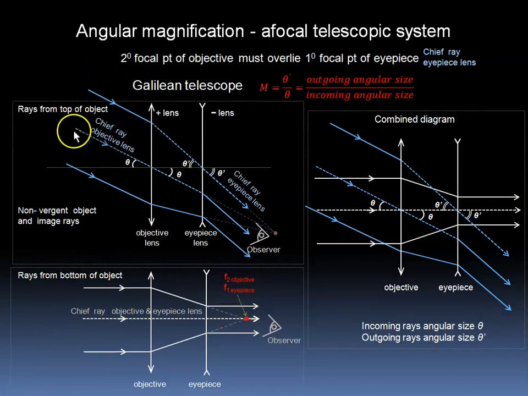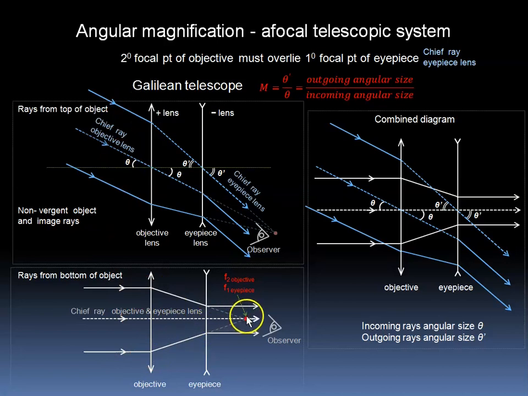The same can be said of rays coming from the top of the object that are far away, that are at an angle theta to the horizontal. These rays are also refracted by the first lens and then by the second lens, so that the incoming and outgoing vergences are 0. Note that in both our top and bottom object that the first lens converges the rays,